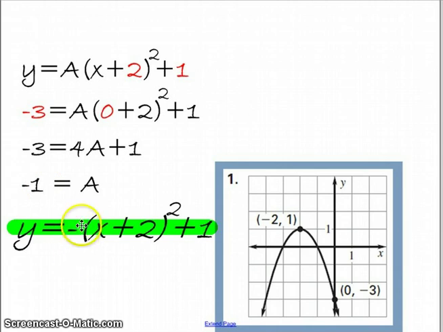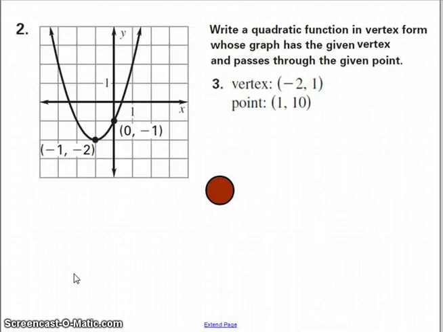And it would have been perfectly fine to have written -1 here rather than just negative. But the textbook and a lot of mathematicians usually are going to just forget about writing that 1 down and simply write negative out front. Okay, based on that, now here are two more for you to work on. The one on the left looks just like what you had just done. The one on the right is the same essential assignment, but there's no graph this time. In this case, and this is what your homework assignment tonight will look more like,